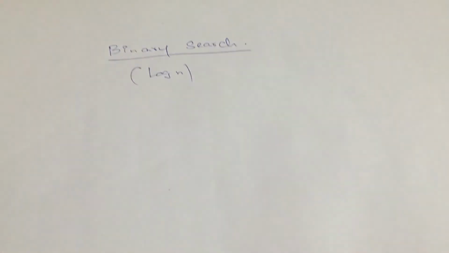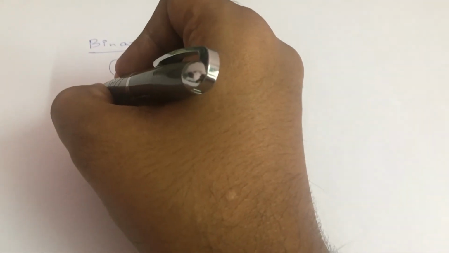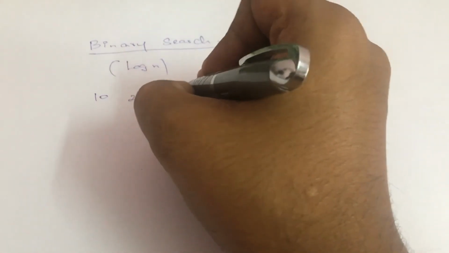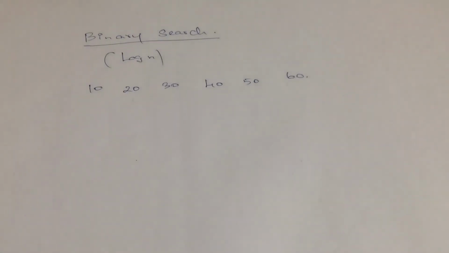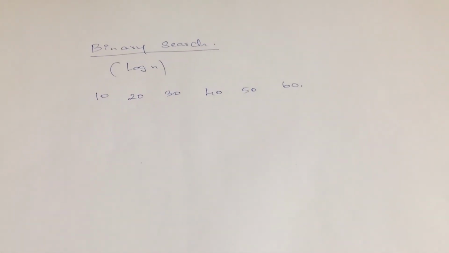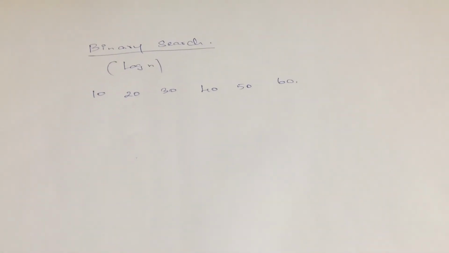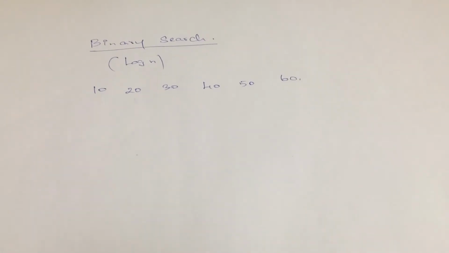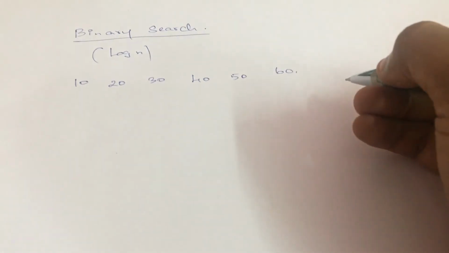So for example, now let's assume that I have my array, right? Let's assume we have an array in this format, for example, let our array be 10, 20, 30, 40, 50 and 60. And do remember, it should necessarily be in sorted order. If it is in sorted form, it will be so easy for us to analyze the final output. Else we have to sort it first, then we can proceed with trying to find the searching value. So now assume that I have 6 elements over here.